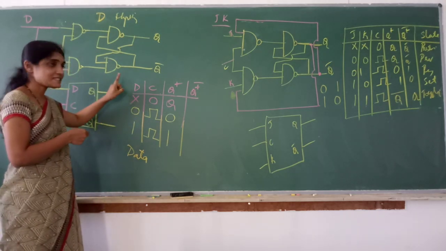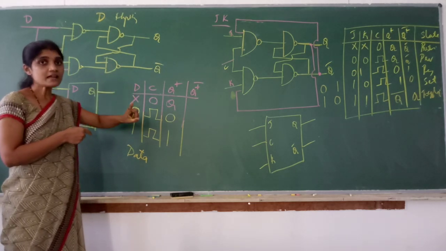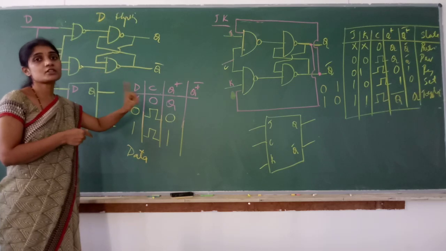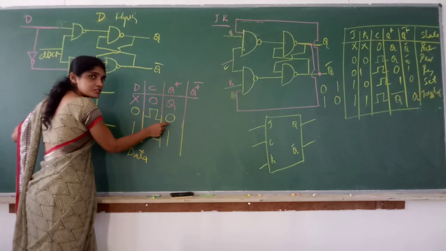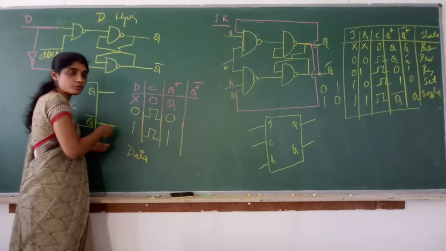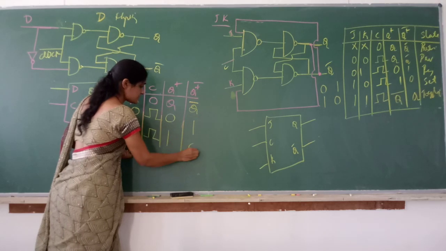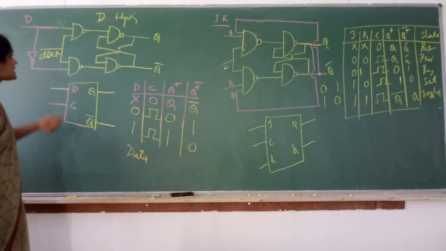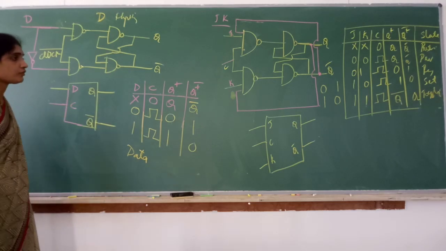As I said in the online class, you can notice that when you design registers in your DST lab, you will be using D flip-flops. So D0 flip-flop will store 0. D1 flip-flop will store 1. And what is Q plus bar? This complement: Q bar, 1, 0. So this is the logic diagram, logic symbol and function table of D flip-flop.